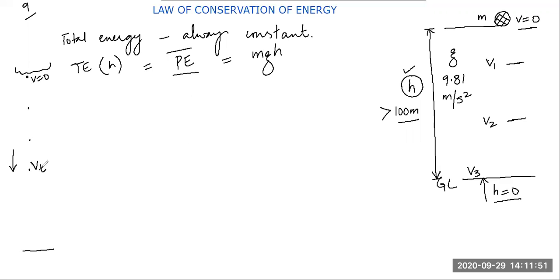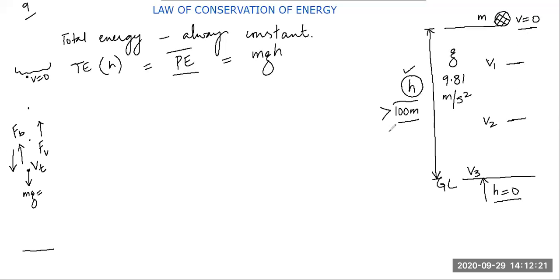It becomes equal to vt when the weight of the droplet, mg, becomes equal to the upward forces also, which you may not know. One is the buoyancy force, and one is the viscous force acting upwards. When these two forces become equal to mg, the velocity of the droplet becomes constant. But here it's not such a great height, only 100 meters. We can assume that the velocity is increasing, v3.